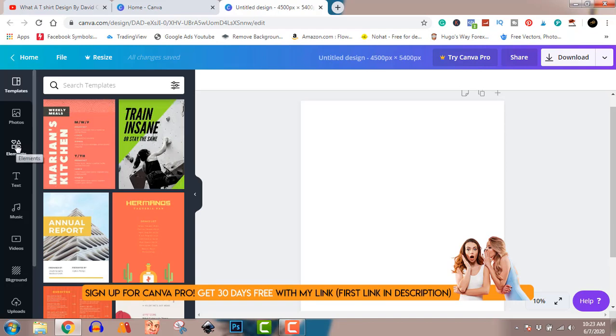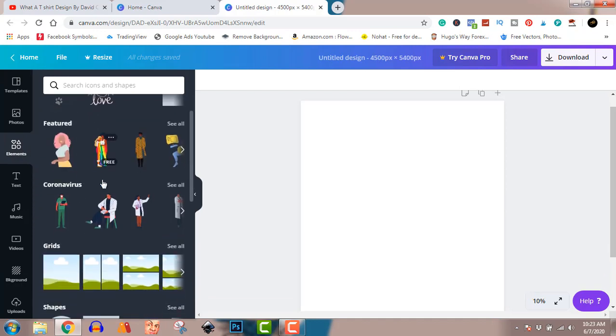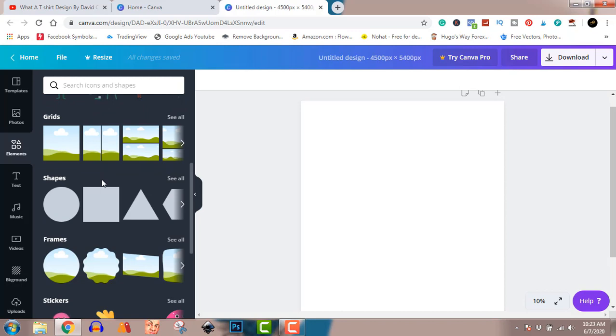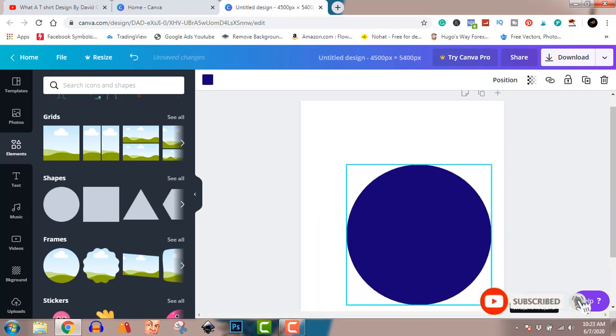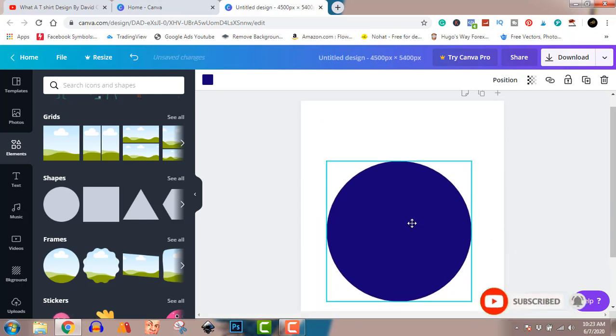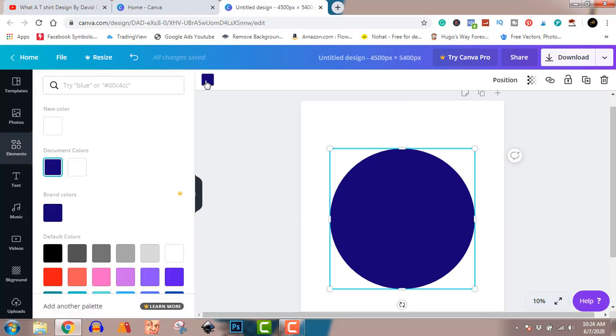So for this, we're just going to start with elements. We'll go to elements, come to shapes. So I'm going to be using this circular shape, so I'm going to click on that. As you can see, I'll try to make it bigger. So to make it bigger, I'll just move my mouse to this edge, press down my left mouse click button and drag outward to increase. Then I'll move my cursor to the middle and just position it just in the middle. Like you see, those two red lines show in the middle. So now I'll just change this to gray,